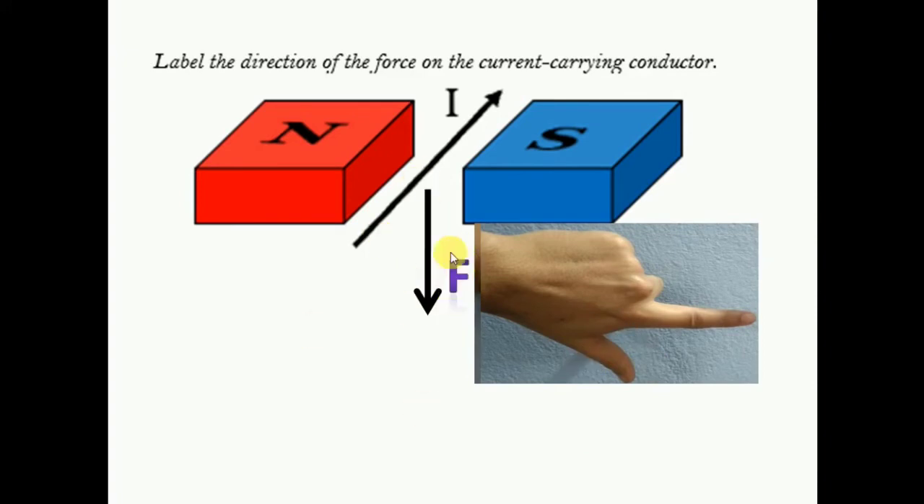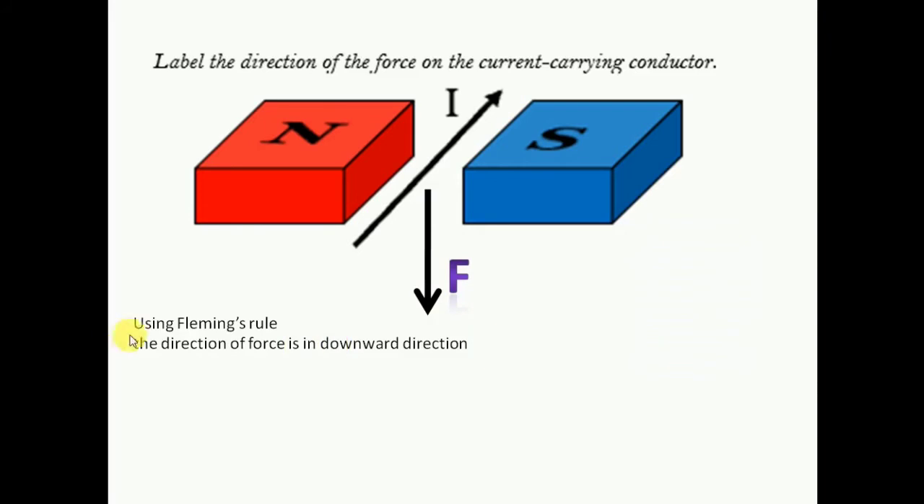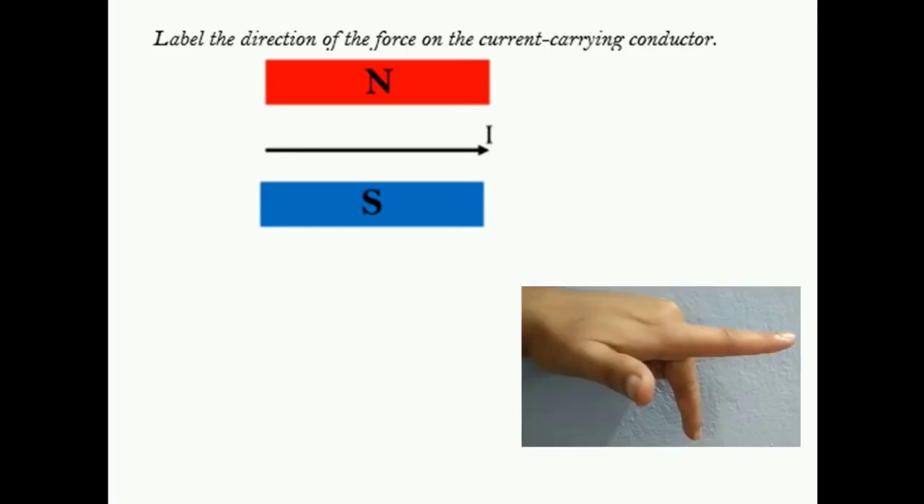So I'll just put the arrow and write F for force. So using Fleming's left hand rule, the direction of force is in downward direction. So similarly in this picture, this is the Fleming's left hand rule, and the magnetic field is in downward direction,